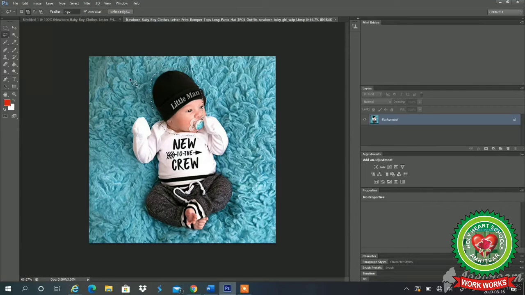If you want to add more selection, we can add selection. If you want to subtract selection, I will subtract the selection by choosing that option. According to your wish, we are having intersect. If I want the intersection common point, the point to be noted is that the edges should be closed. Now this is the intersected part. We are having feather and anti-alias options as we have discussed in the marquee tool.